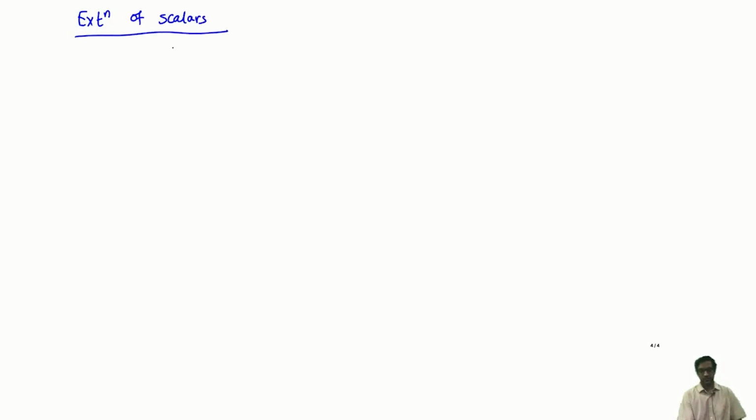Now the opposite problem is usually called extension of scalars. Let's say I have a map from S to R as before, a homomorphism, but now M is an S module, and I want to see if I can somehow make it into an R module. Okay, so this is a much harder problem. You can't do it in a very easy manner as before, because the same argument doesn't work. If you take an element of R, there is no easy way of defining scalar multiplication, because I can't convert it into an element of S by applying a homomorphism. The homomorphism goes in the wrong direction.